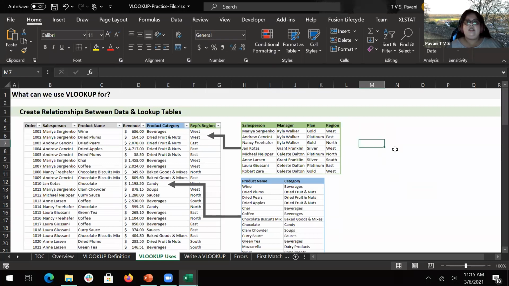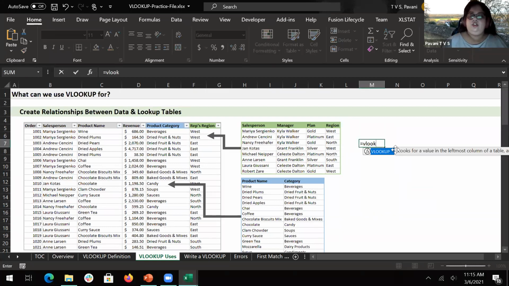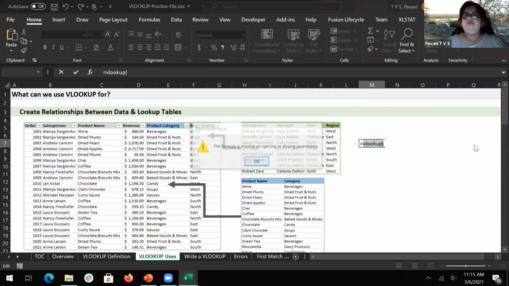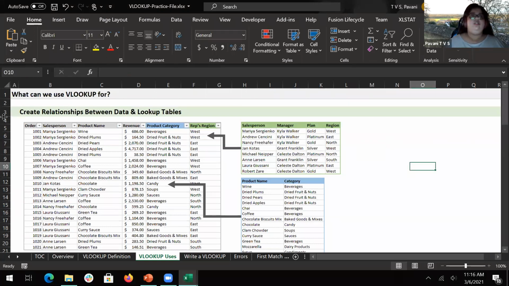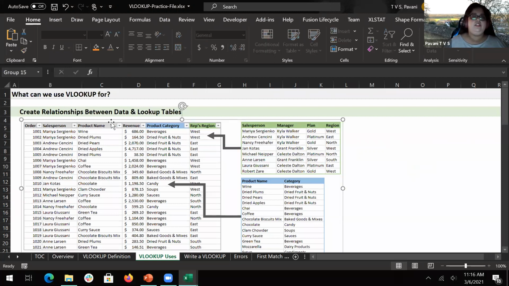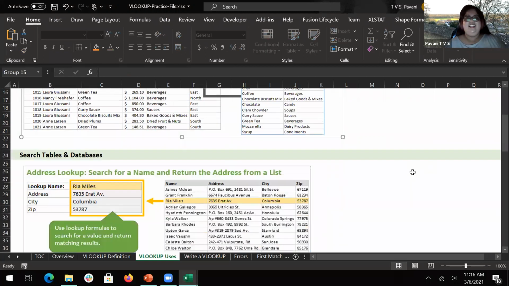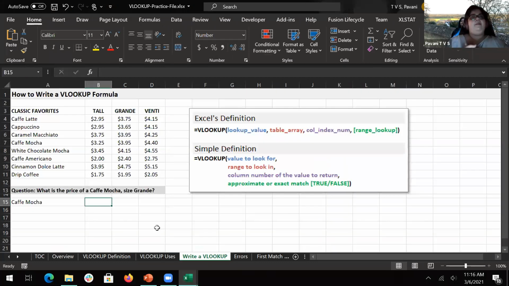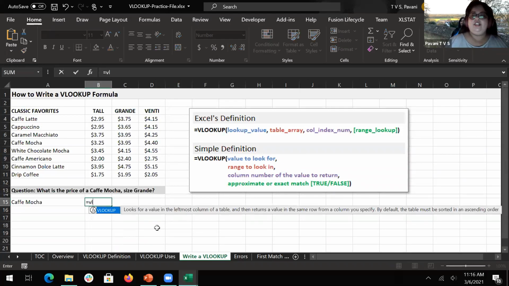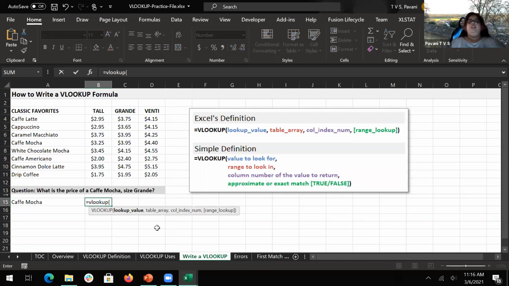I'll just show you here. VLOOKUP of, I want to know about, oh, I think this is locked. This I downloaded. It's an example sheet. So it is taking it as an image, I believe. Yeah, it is taking it as an image. That's why it is not giving me. But yeah, let's do it here. Let's take a cafe mocha and size is grande. Let's try to find that information. So would anyone like to help me find that information? What is the price of it?